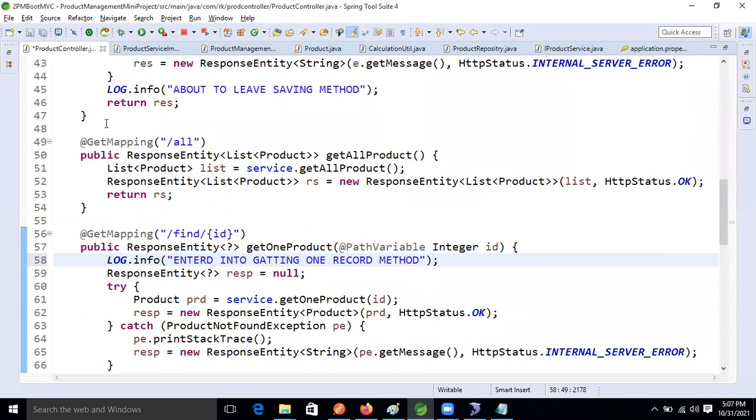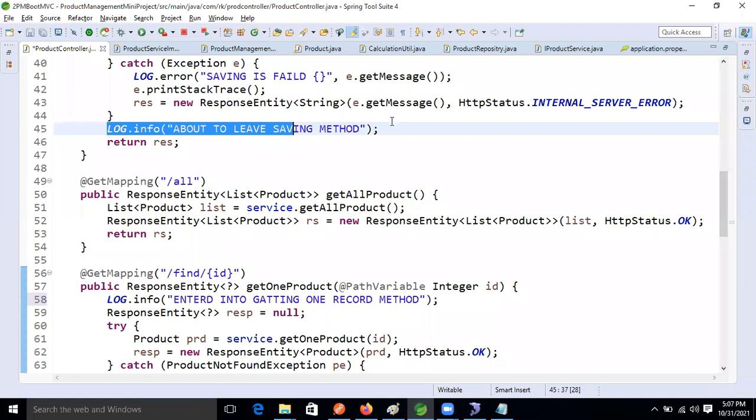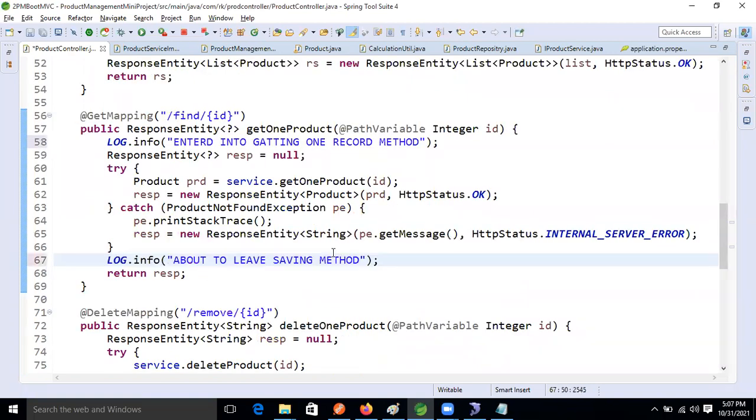After that, we have the about to leave message. So here we will take that: about to leave the get one record method, right?